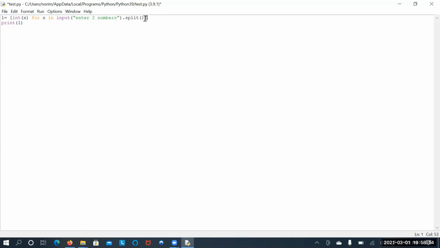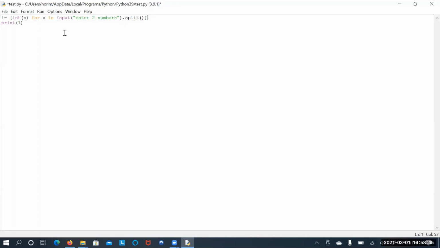I just want to split. I'm not applying any condition. I'm just asking to split. This split itself is a condition. On this value, it is going to split the string into two different strings, and those are being stored in a list format. So this complete whole line is a list comprehension.